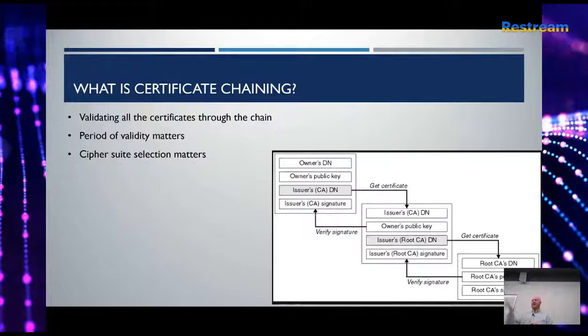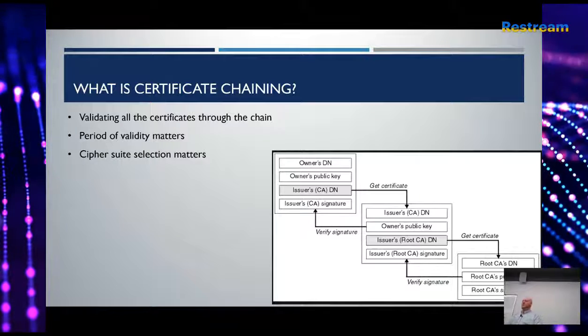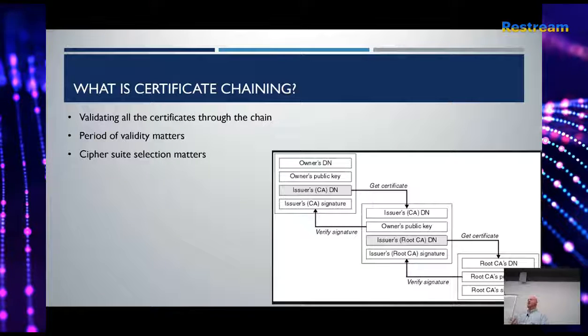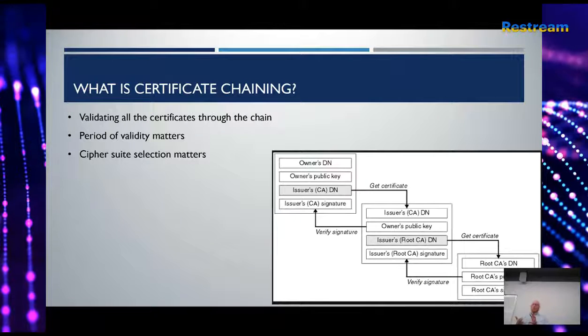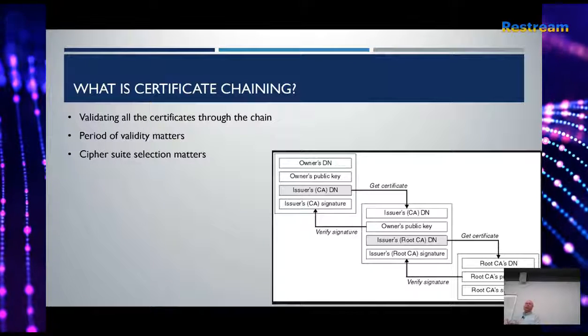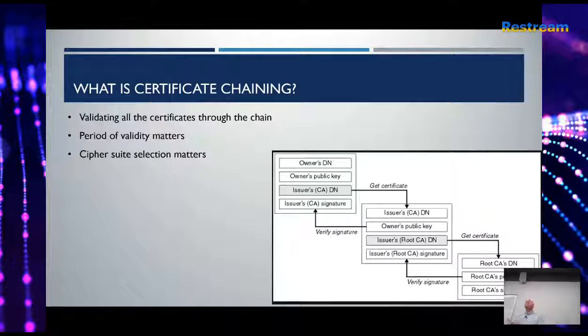When you stand up that root CA, you're going to be dealing with that thing for a long darn time. Pick as robust and as heavy as you can manage with regards to the algorithms, with regards to the bit key sizes that you are using for them. Go as advanced as you can from a computational load, because you're not typically going to be deploying a ton of issuing